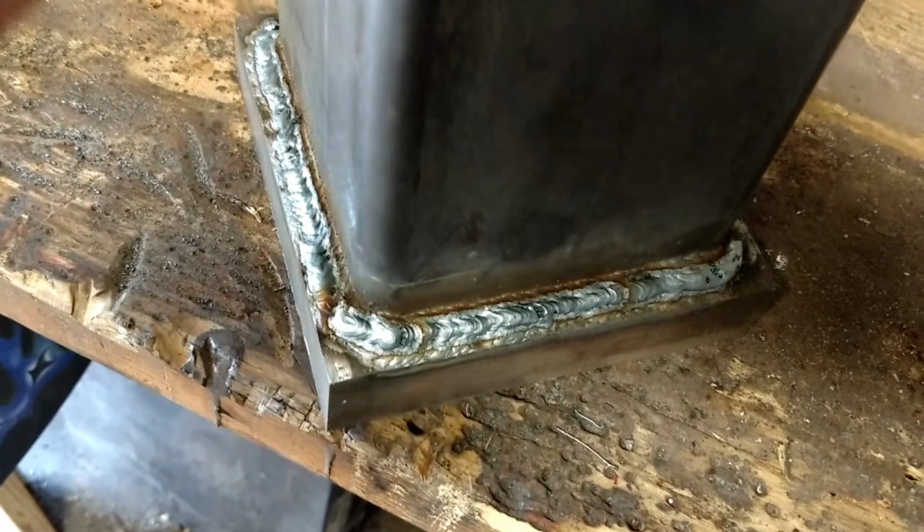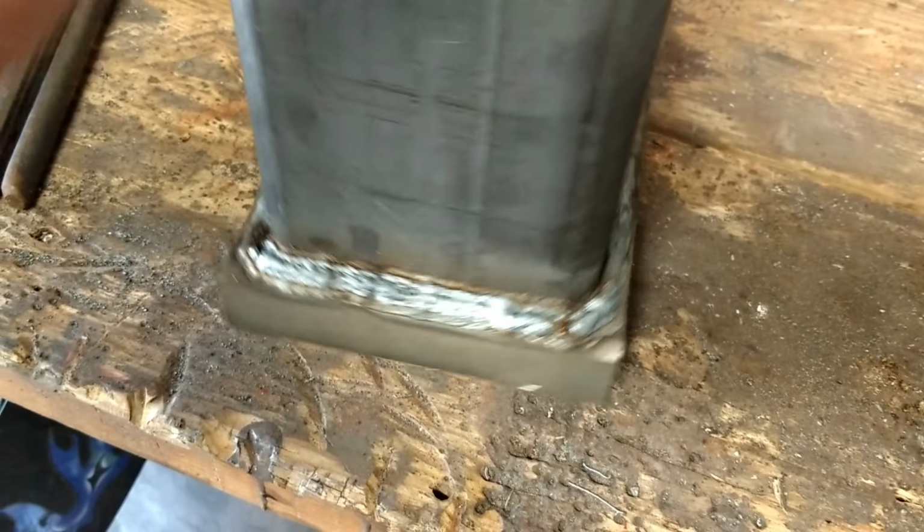That's our bottom anvil. We just got to make another one for the top, about half its height, because I want a good amount of travel. That way I can compress some big stock if I need to. But yeah, she's welded up. Now